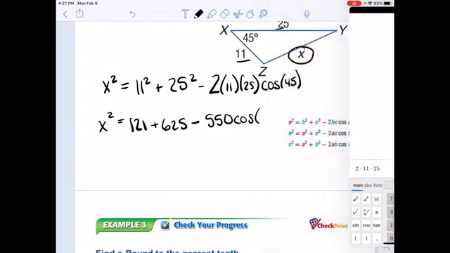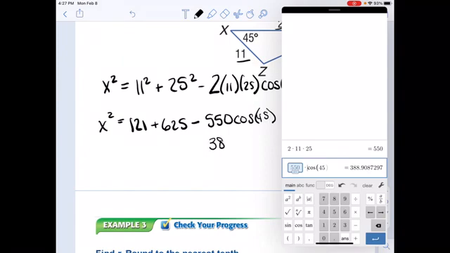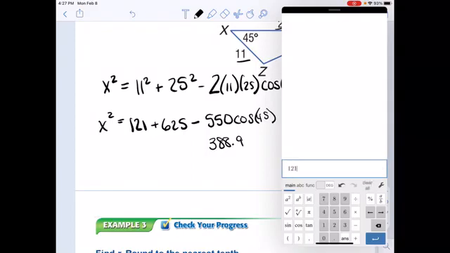Make sure you know that that is actually cosine of 45. 550 times cosine 45. Oops, did not put answer. Times cosine 45 equals actually a very big number. Probably going to want to use that as an answer version. So I'm actually going to do that so I don't have rounding errors or anything crazy like that. Just going to plug it all in at the same time. And we get our solution of